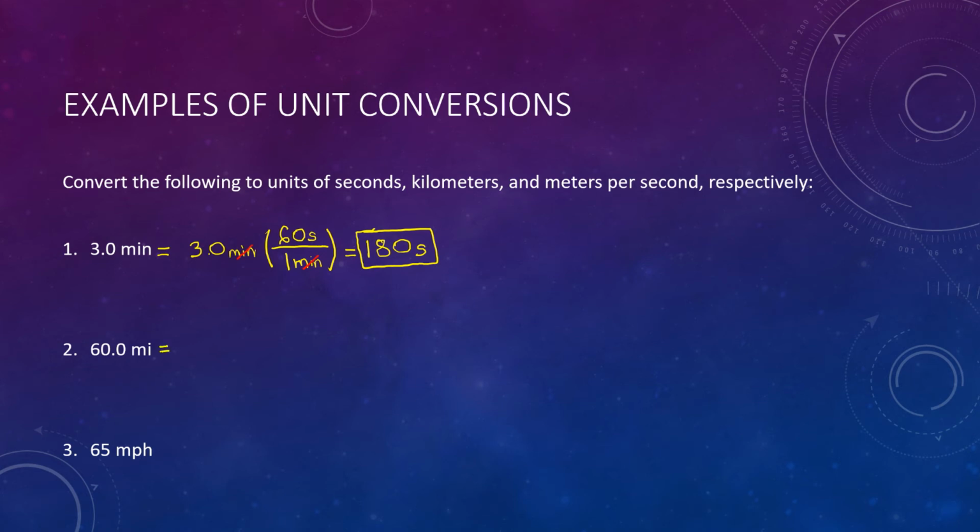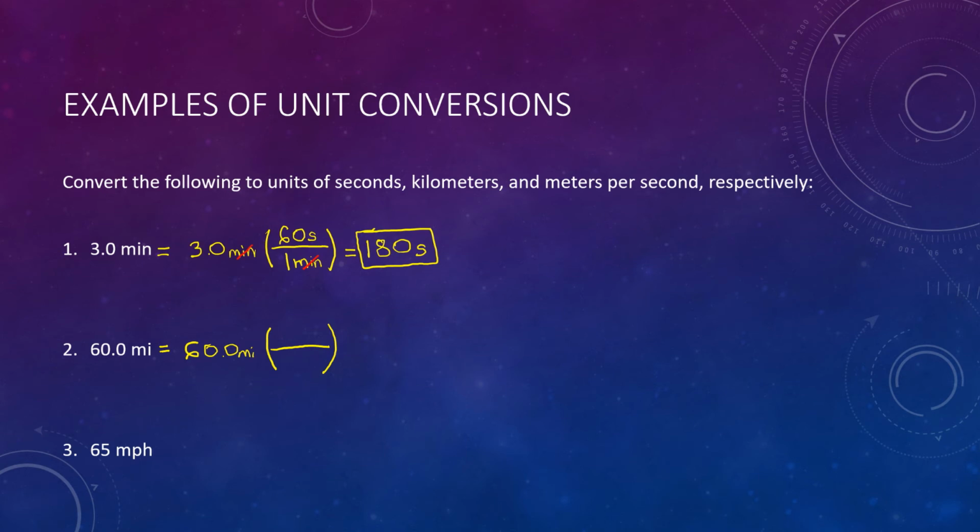Okay. Number 2, convert 60 miles to kilometers. So again, you should start by writing your number, 60 miles, and we need to multiply by an appropriate conversion factor. So again, I'm going to set up my parentheses. You don't have to start by writing them out like this, but I like to do that. So we know, converting from miles to kilometers, we can look this up if we don't memorize it, but 1 mile is